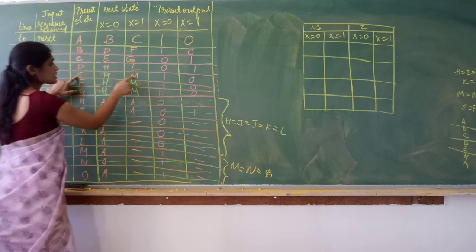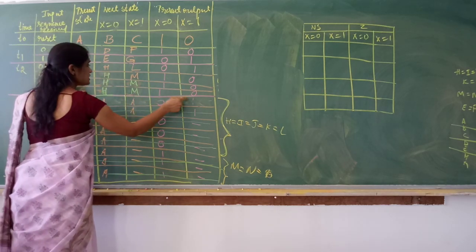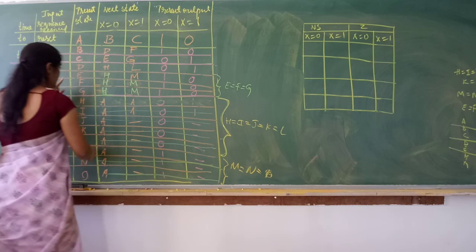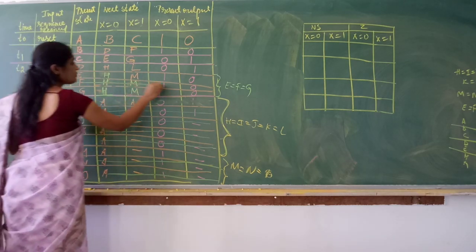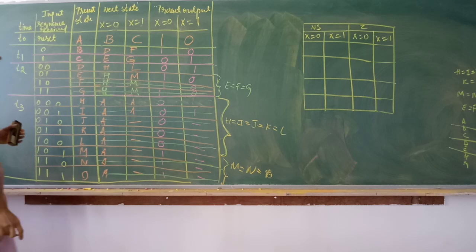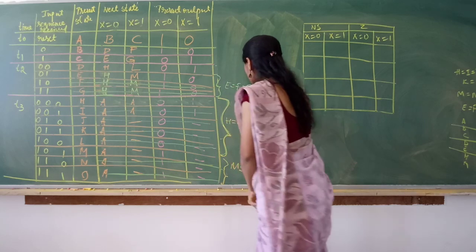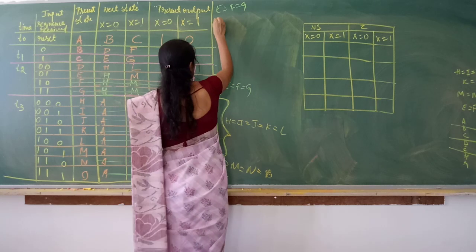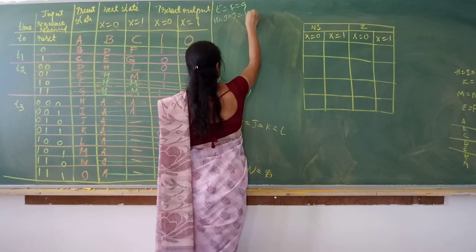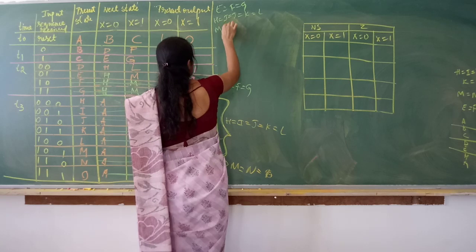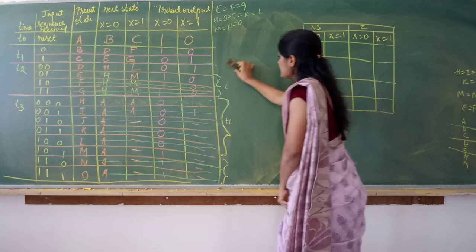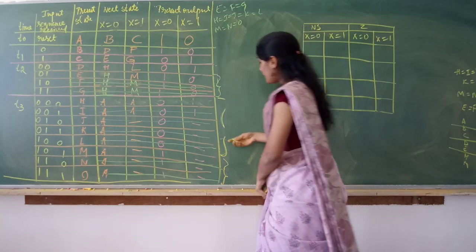This is state E, HM10, HM10, HM10. Again these are same. So E is equal to F is equal to G. I need not keep all 3 rows. Any one I keep, the other 2 I eliminate. So by eliminating the other rows, I'll write this here. E is equal to F is equal to G. H is equal to I is equal to J is equal to K is equal to L. M is equal to N is equal to O. By eliminating these rows, I'll rewrite the table here.